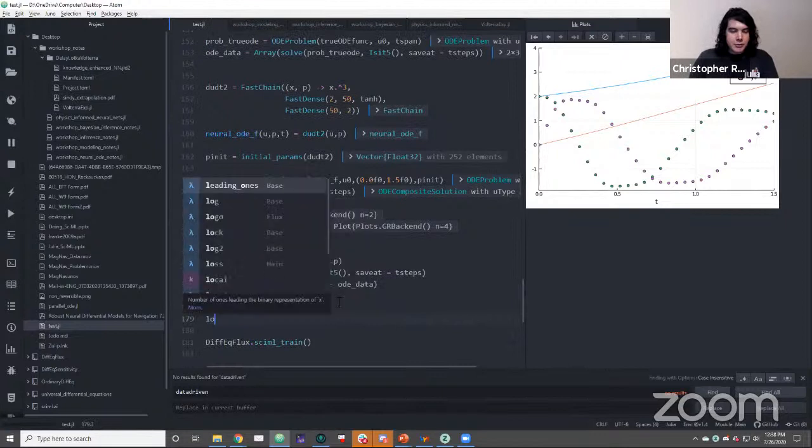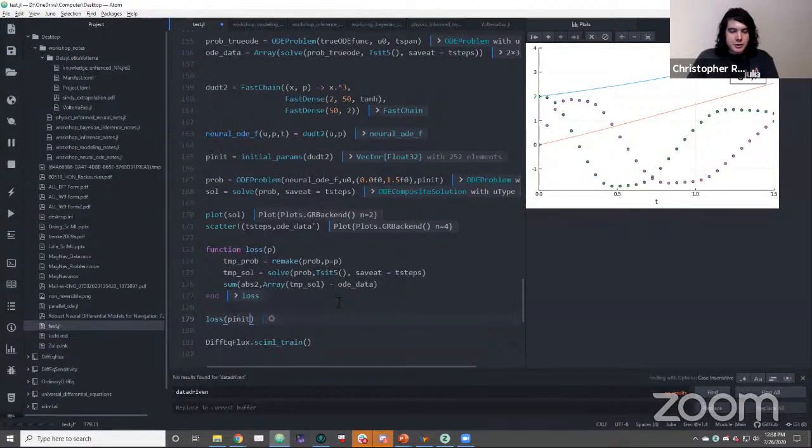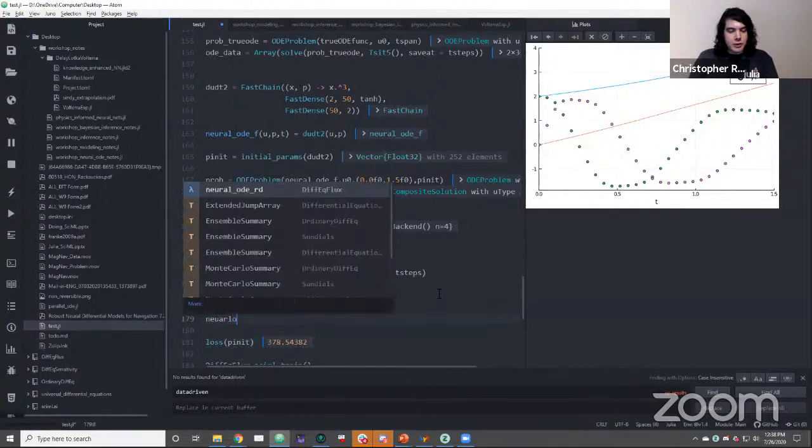Right, so if I do something like loss of p init, this should give me a scalar value that tells me how bad my solution is. So what I need to do is find the parameters that make that better. And hopefully the parameters that make that better make this fit well. So here I want to do a neural ODE